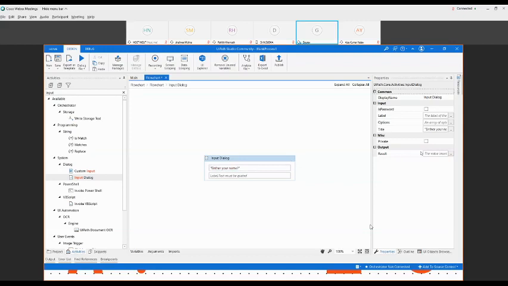For storing this name, I have to create a variable. Ctrl+K can be used for creating a variable, then we give a variable name. The identifier name definition is already clear.